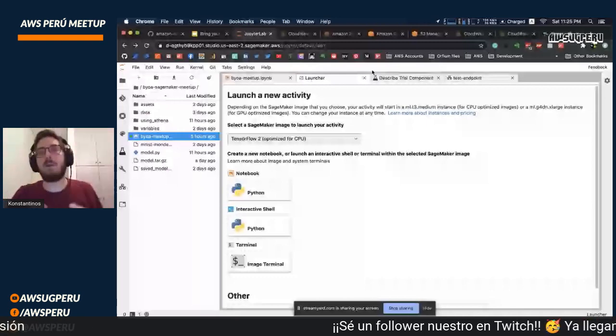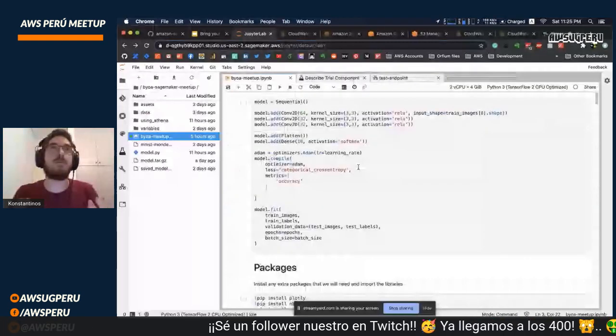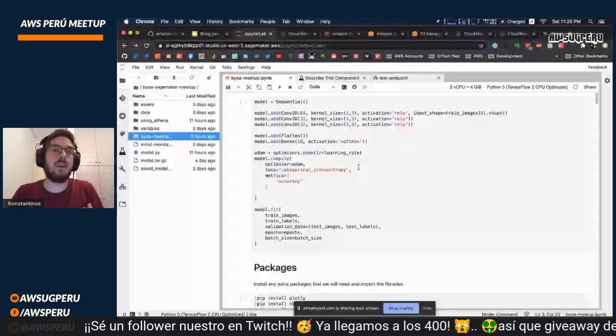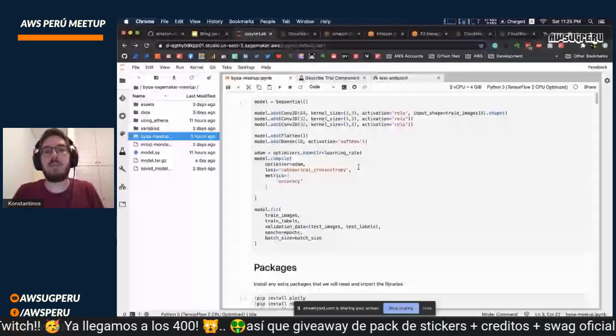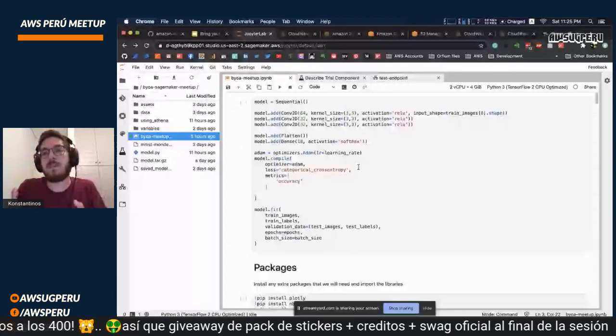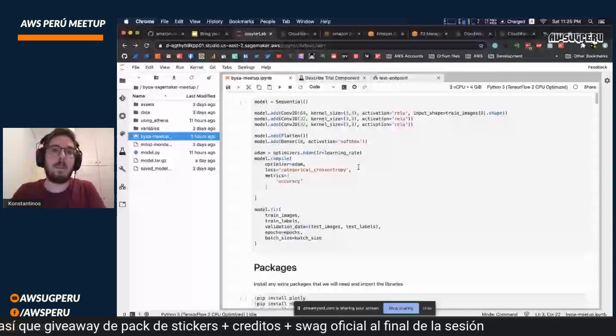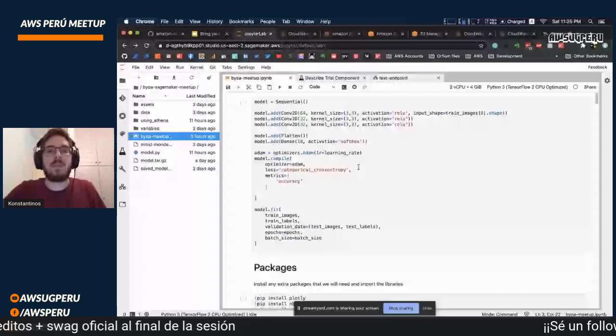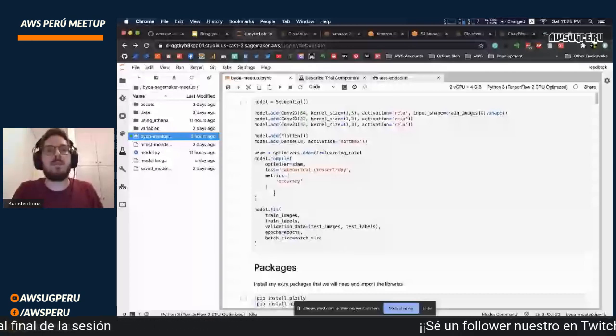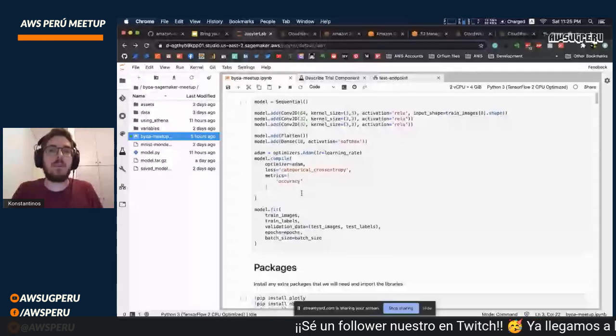And let's say my very, very specific problem does not find a solution in the built-in algorithms, because usually very specific problems need very specific algorithms and models. So here I'm trying to classify images based on their content.